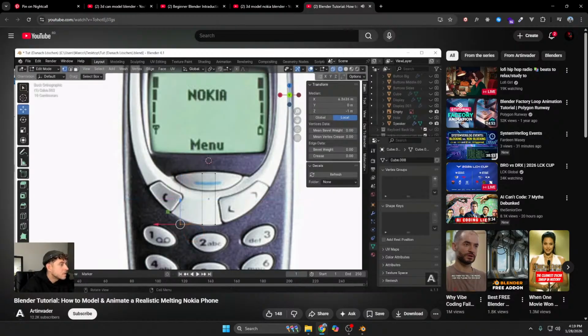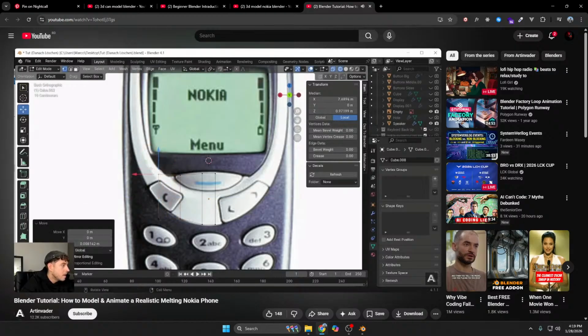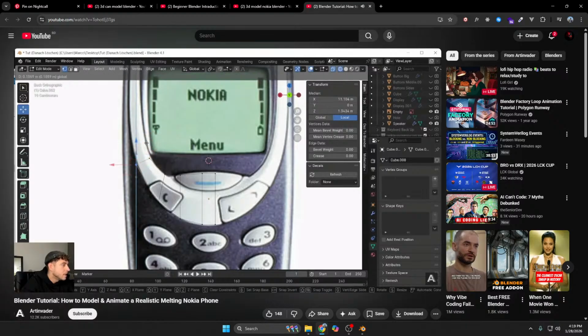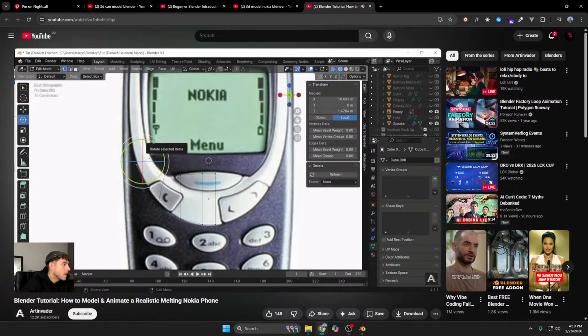Then use the move tool again as a rectangle and move the points to the right position. Then select again both points, extrude it with the E key and transform the points to the right position. You have to repeat it a couple of times and it's really simple, guys. In the end, here you can also use the rotation tool to rotate it to make the whole process a little bit